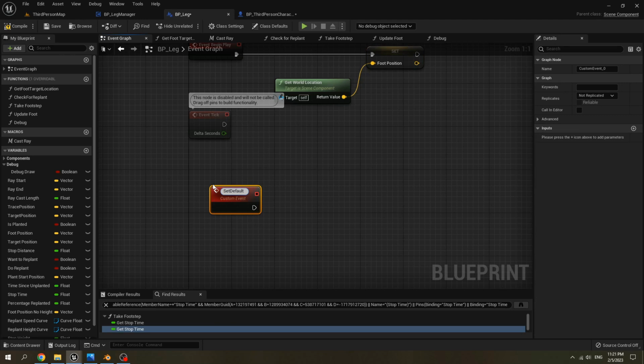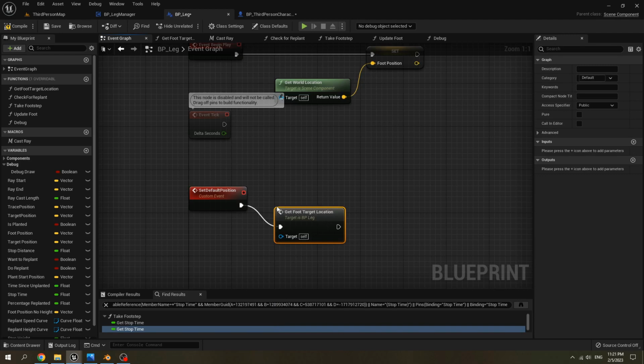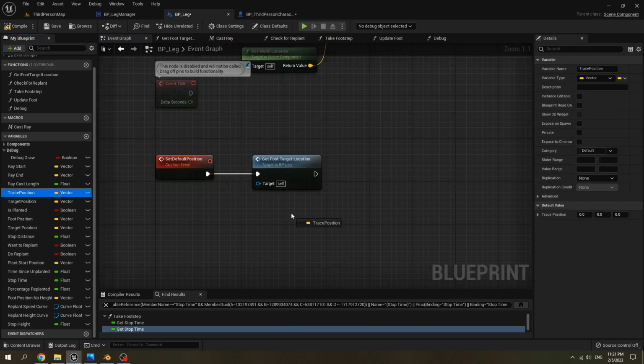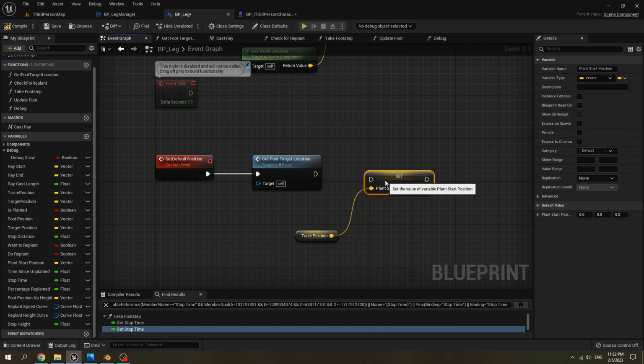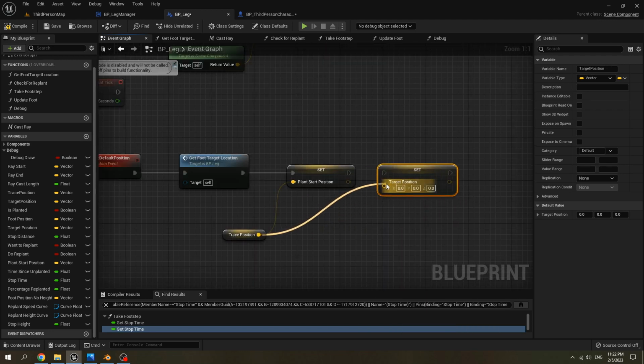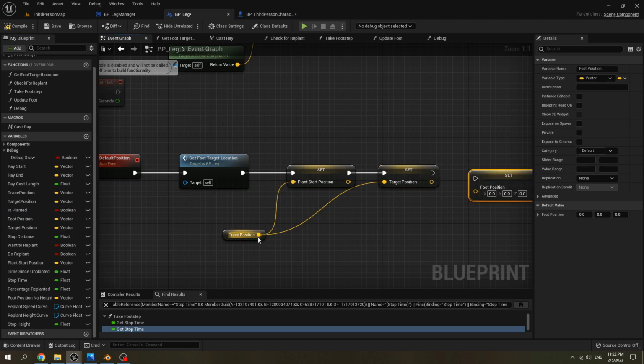Name it set default position and call get foot target location, get trace position, and set it to plan start position. Set our trace position to our target position and set trace position to foot position.